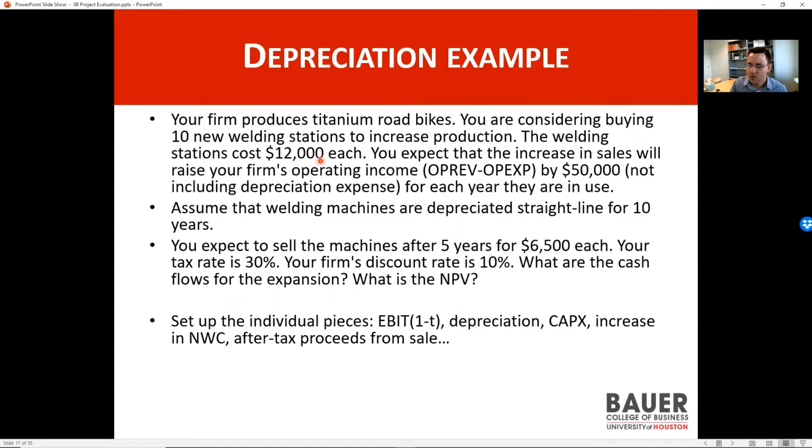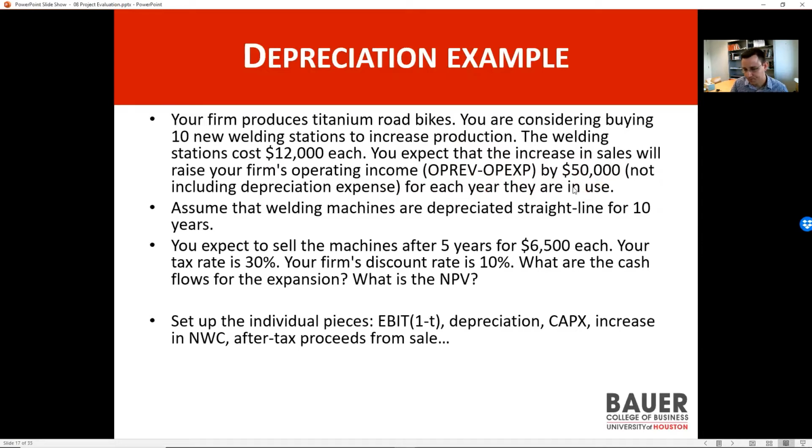These stations cost $12,000 each. You expect that because of the increased production, you will increase your sales and your operating income by $50,000. Okay. Now this is just sales minus your operating expenses. This does not include depreciation. Depreciation we have to handle separately. Okay. So it's going to increase your operating revenues minus your operating expenses by $50,000 for each year that they